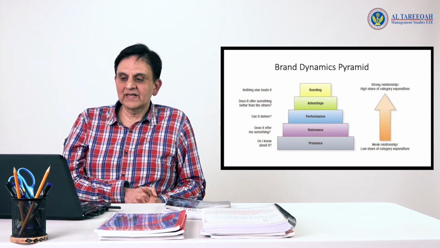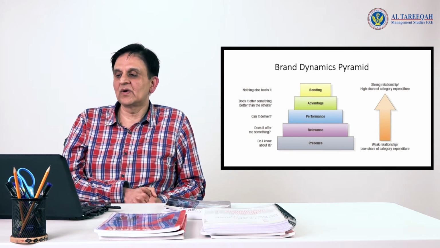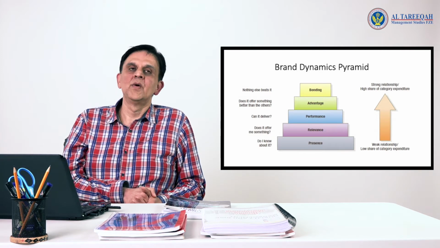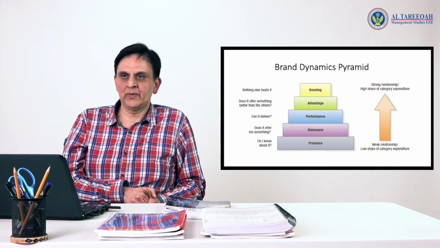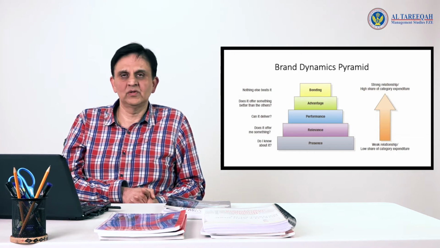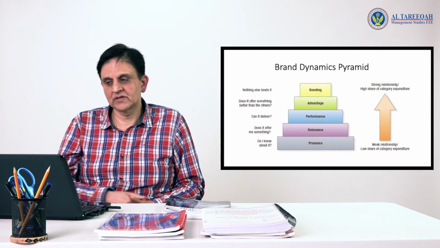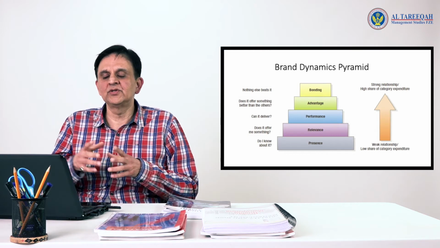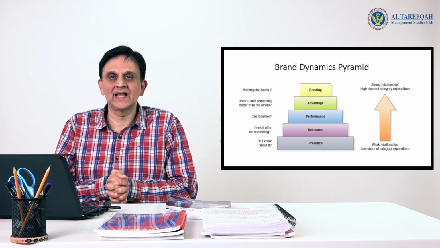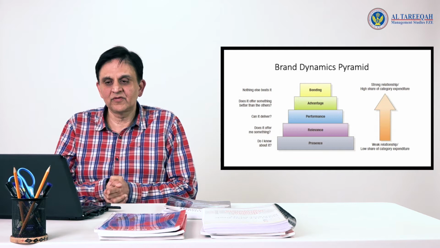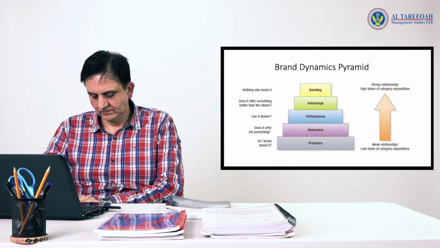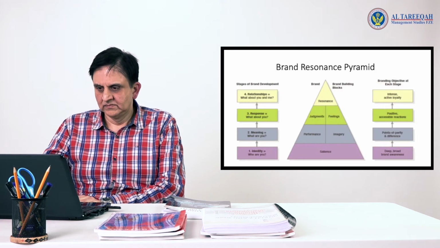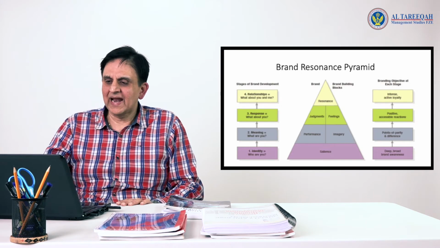You can put metrics in place to get information on all of this, to then build the pyramid, build your equity model, saying what is the brand equity that you have for your particular brand and also for your competition. Never are you going to assume or measure anything for your brand in isolation. You must do it for competition brands as well, like it or not. Same thing. So that was the brand dynamics model.